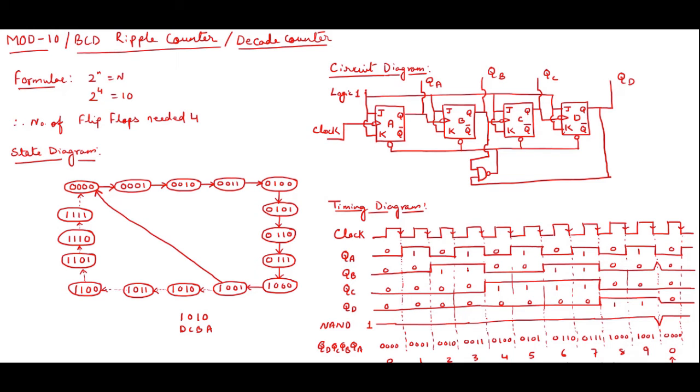Now if I start from this clock pulse as 0, this is 0, this is 1, this is 2, this is 3, this is 4, this is 5, this is 6, this is 7, this is 8, and this is 9. After 9 I should get 0 again, because mod 10 means the 10 states are over. Since A is in the high state and at this point it is coming down to 0, there is no change in it, it simply comes down to 0 and proceeds.